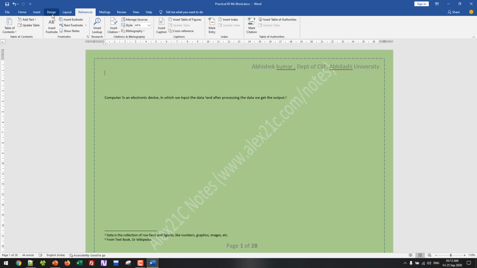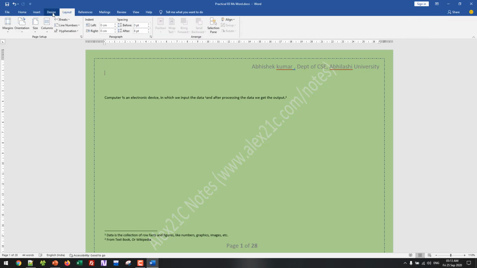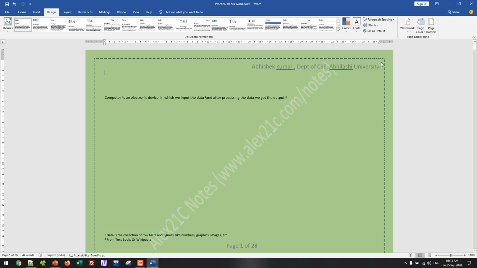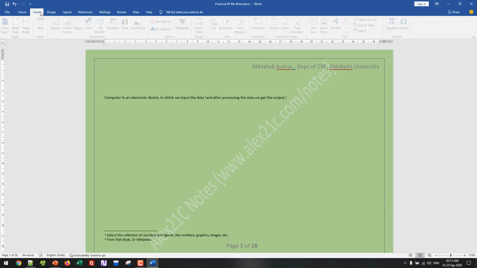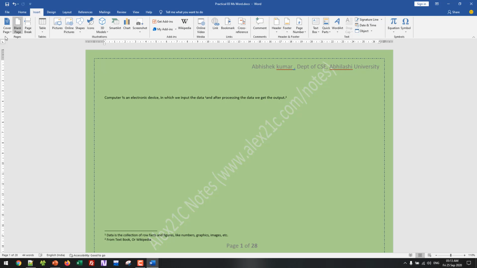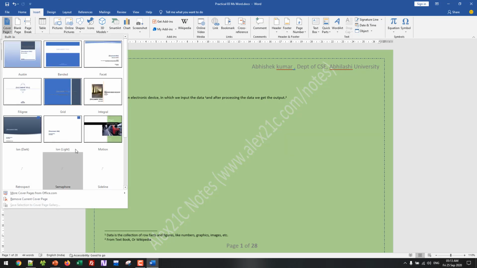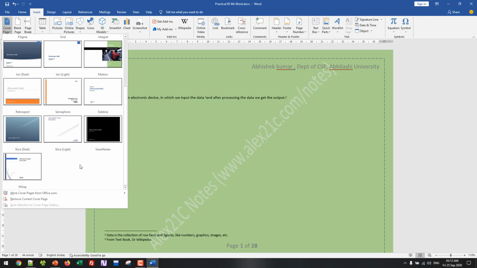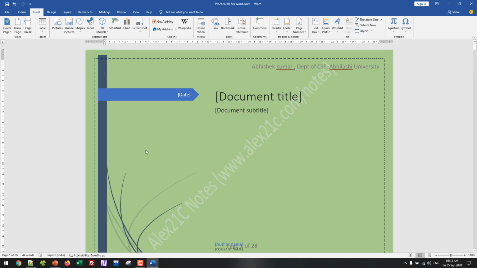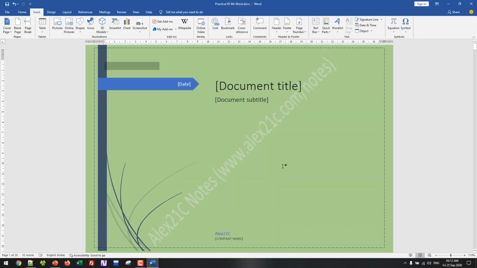Then I go to Design, and inside Design I am not getting the cover page. There's just the Insert option, and this is the cover page. Inside the cover page, these are some templates I can use. Then I just choose the first one, this one,